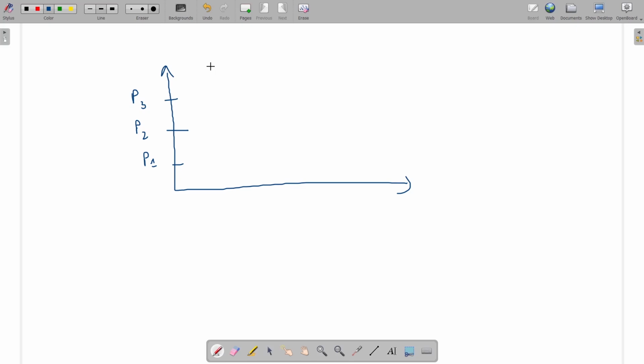Suppose process 1 is working. If I need to execute another process, then this one needs to stop. Suppose process 2 is working, then process 1 will stop. Then if process 3 is working, process 1 and 2 need to stop. Then again process 2 will work, then again process 1 will work.